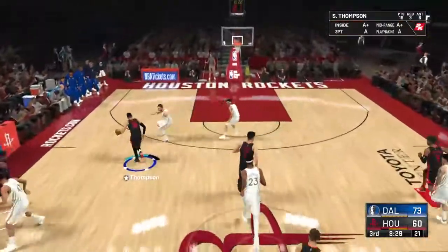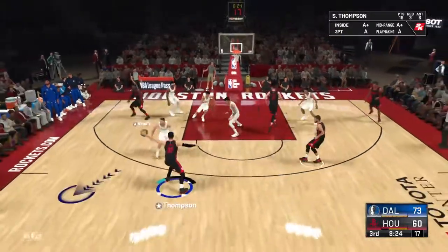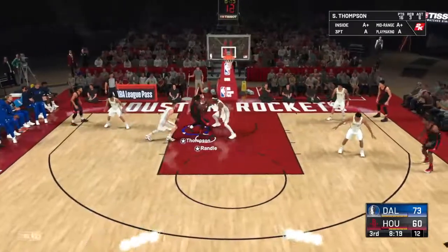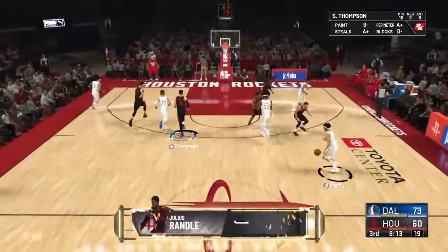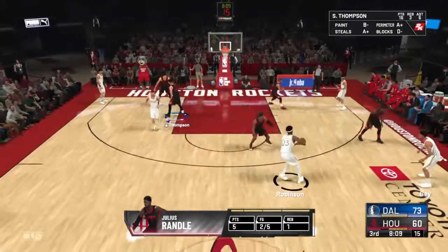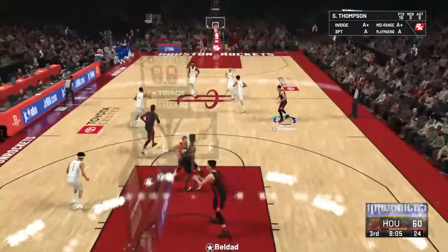Just enough coverage to bother that 3-point attempt. Thompson against Doncic. Thompson dishes to Randall. Robinson with the block. It might take them a little while to find their stride here in the second half. Only 1 for 4 so far. They just need to calm down, play their game. No one near Doncic as he lets it fly. Good, and the assist goes